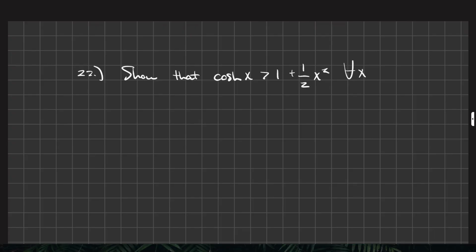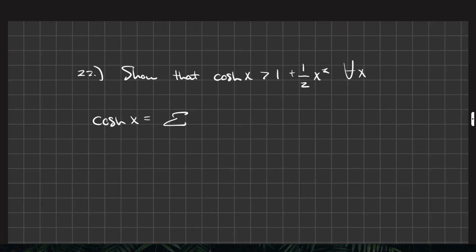So you've seen hyperbolic cosine and sine and hyperbolic tangent, and you know that they're defined by e to the x. And we have a nice power series for e to the x, x to the n over n factorial. So there's a very common power series that arises for cosh x based off of the power series for e to the x, and that is that cosh x is